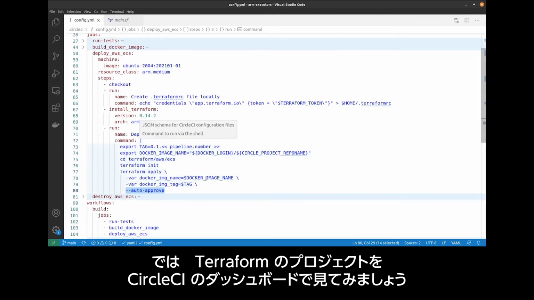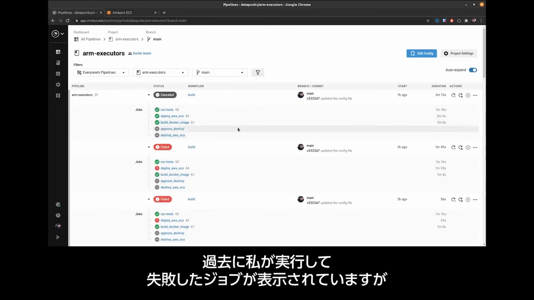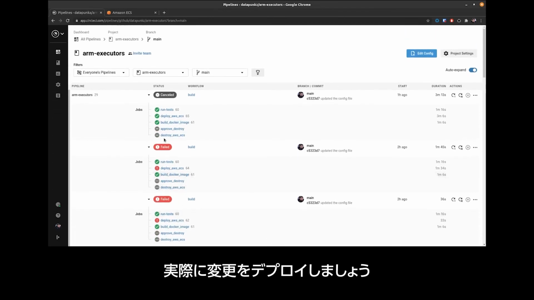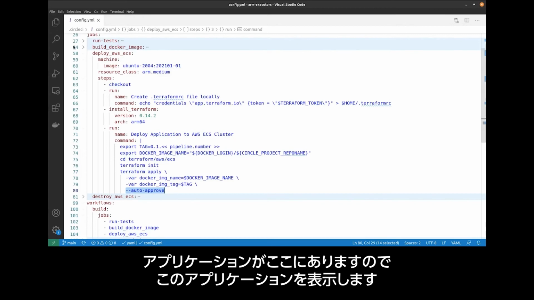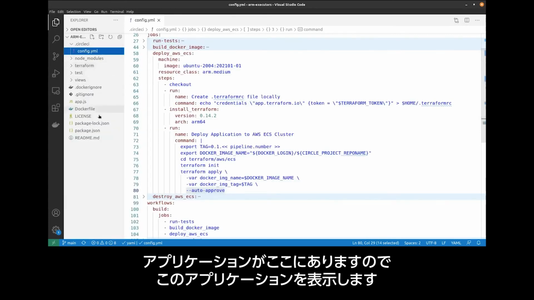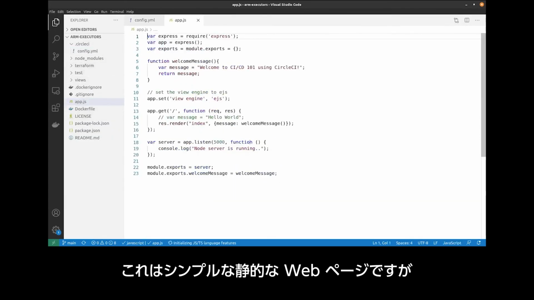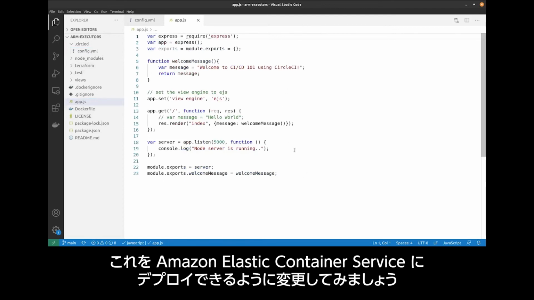Let's take a moment here and take a look at our project in CircleCI's dashboard. So here are some previous failed jobs that I've done. But let's go ahead and actually deploy a change. So I have an application here, and let me pull up the application. This is a simple static web page, but what we're going to do is change something so that we can then